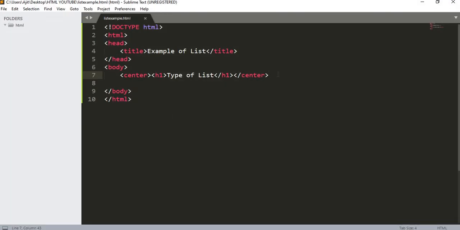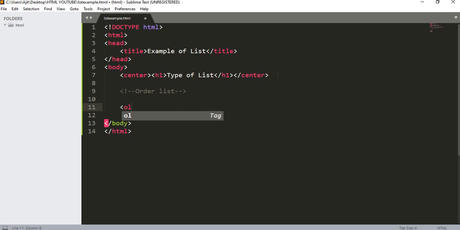Let's start. First I will start with the ordered list, right? Let me give a comment for this ordered list. This is the way we give a comment in HTML. So an ordered list basically starts with the OL tag. Since it is a tag, it must have a closing also.